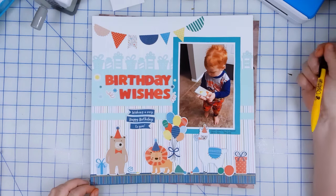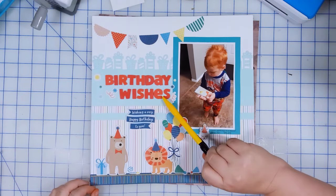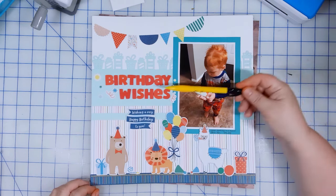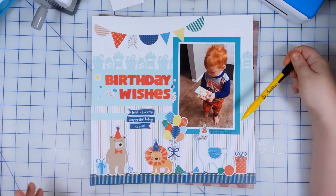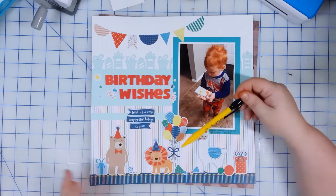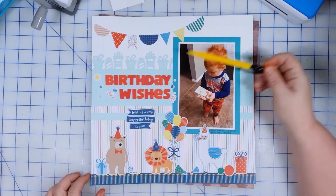I really didn't know what I was going to pull in for embellishments, but I did want to use the title Birthday Wishes, and he's wearing red, so I thought I'd pull that out. The paper is multicolor, rainbow if you will, so I pretty much could have gone with any of the birthday lines that I had, but I opted to go with an Echo Park sticker sheet, and all I did was just pull out the little critters to fill in the bottom and some other little pieces here and there